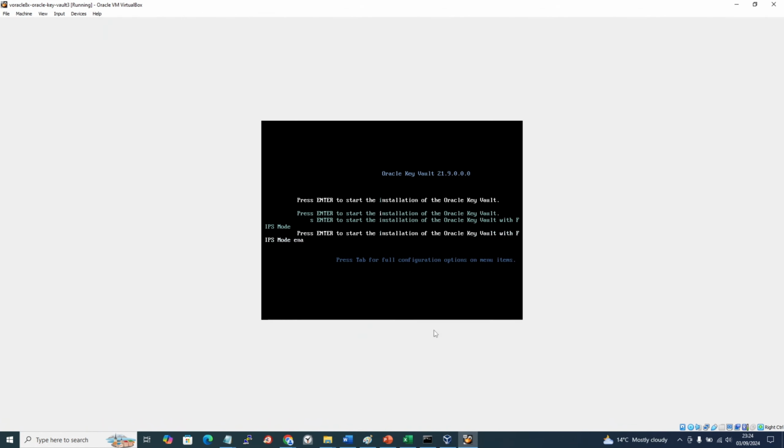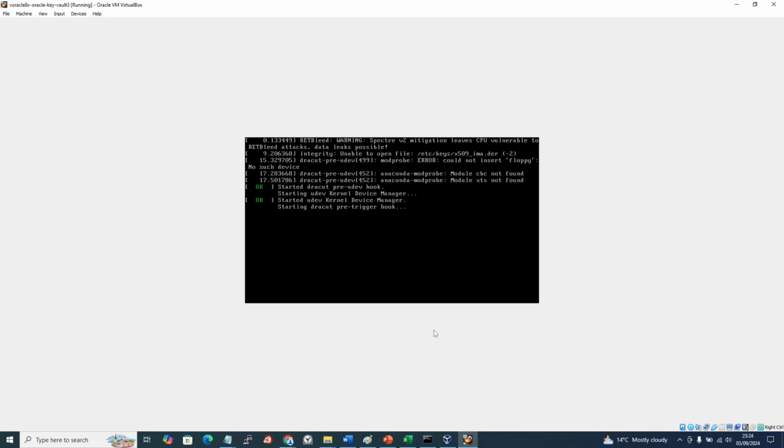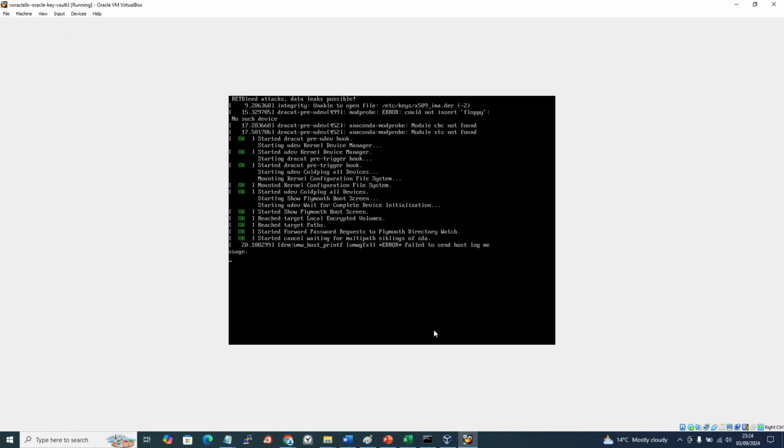So I have two options: FIPS mode or Oracle Key Vault mode. I want the Oracle Key Vault, not FIPS mode. You need to choose FIPS mode here if you have chosen FIPS mode for the first node. I don't want FIPS mode, I will choose the default one. So Oracle Key Vault also gives you an option for root of trust. You can actually integrate with an external root of trust